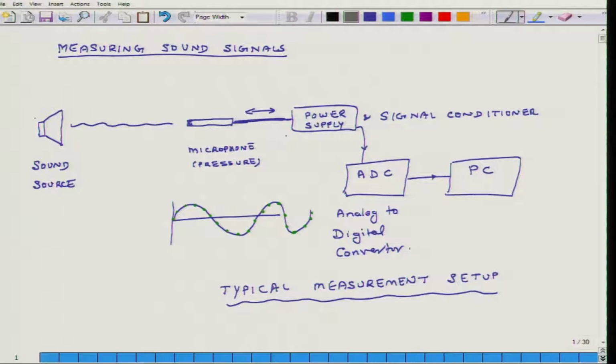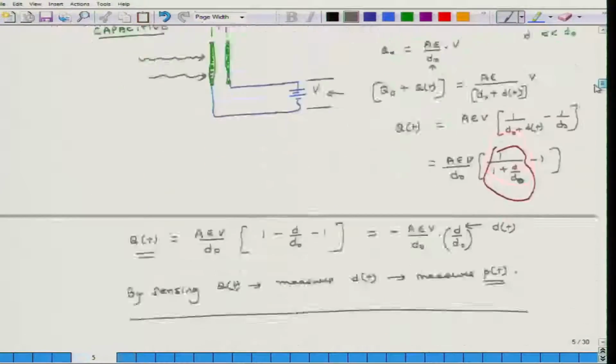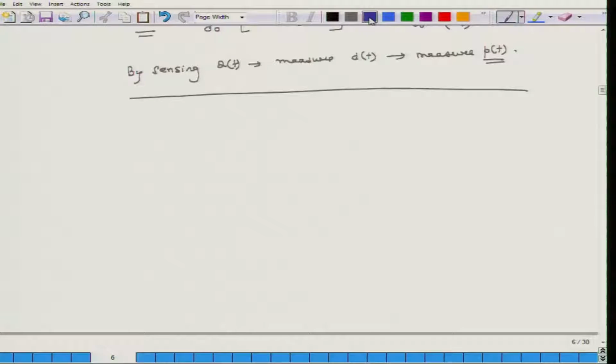So, in this power supply there may be two sets of cables. One set of cable is there to provide this excitation voltage and the other cable is there to sense the signal. But now there are some special microphones, and these microphones are known as IEPE microphones. Okay. IEPE is an industry standard protocol, and in these microphones what you do is you have just one conductor,